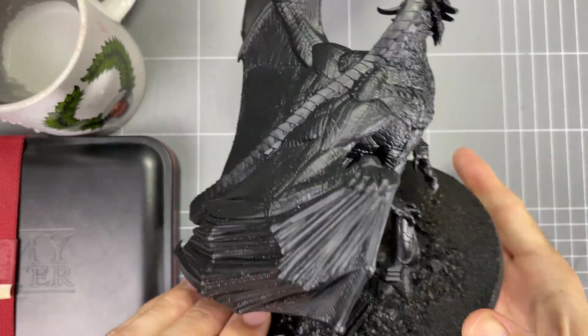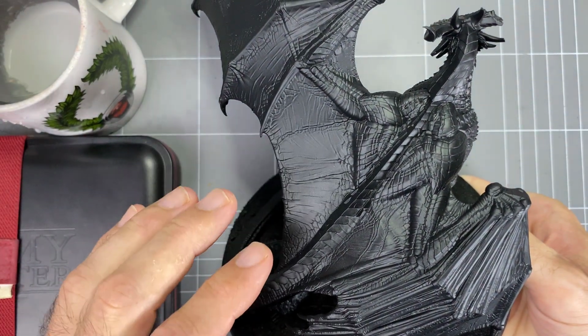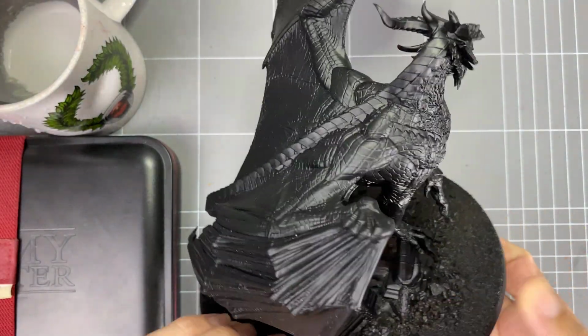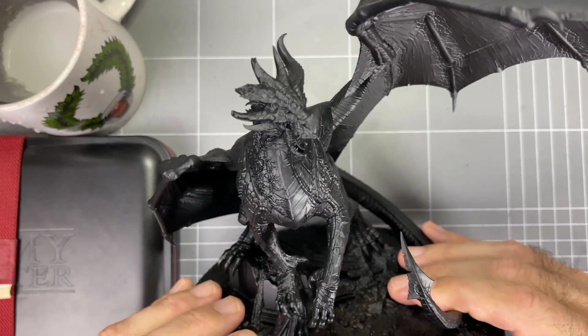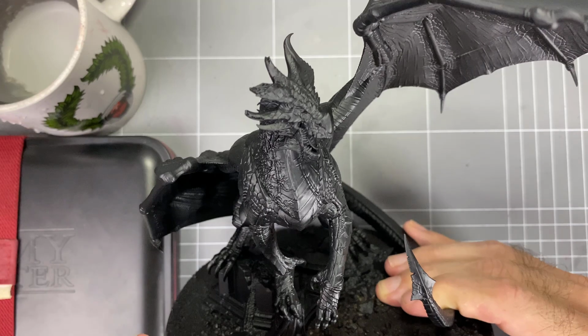And what I don't like about it is doing these large flat areas like the wings, repetitive elements like the scales, that sort of thing. I don't know, it just gets under my skin a little bit, and it definitely kills my mood when I'm painting. So I thought this would be a great little